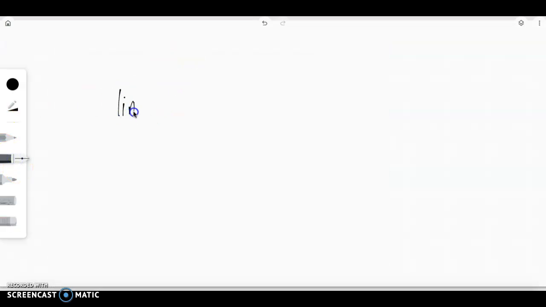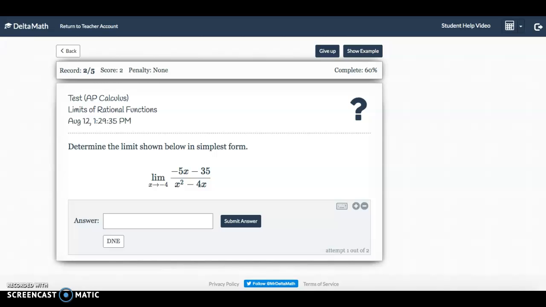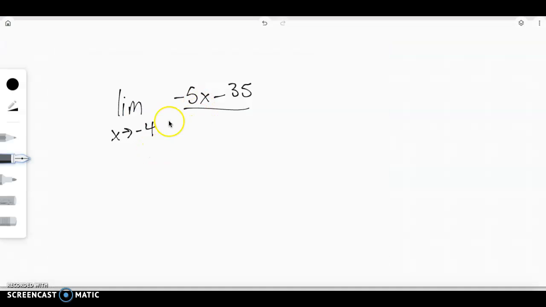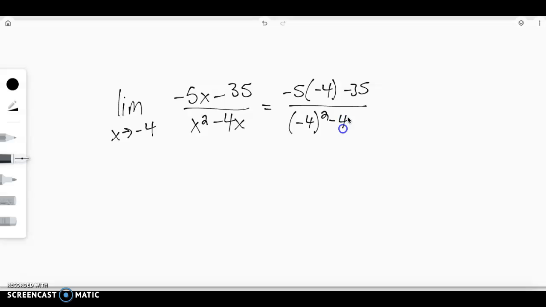So negative 5x minus 35. Let's see, limit as x approaches negative 4. On the top I have negative 5x minus 35. And on the bottom, x squared minus 4x. Cool. All right, so now I'm just going to plug in that negative 4 everywhere. So negative 5 times negative 4 minus 35 all over negative 4 squared